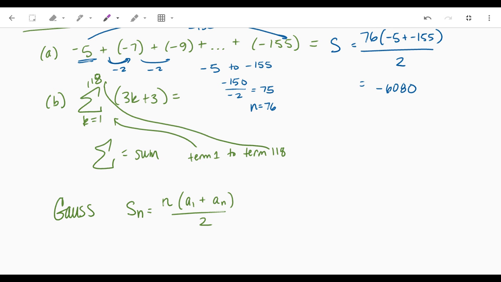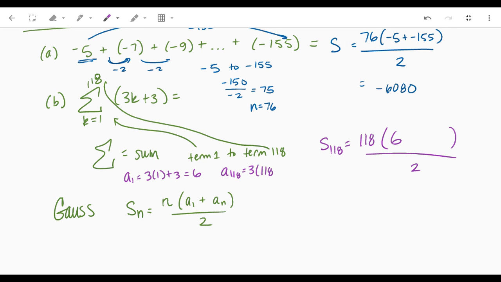We know it's going to be 118 terms. But the part that they don't give you here is what the first term and the last term are. So we can just plug them in. So a sub 1 would be 3 times 1 plus 3, which is 6. And a sub 118 is going to be 3 times 118 plus 3, which, use your calculator, comes out to be,